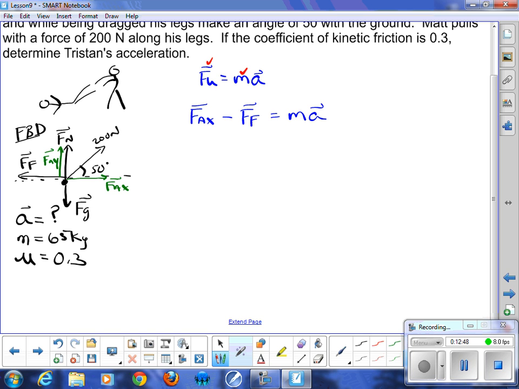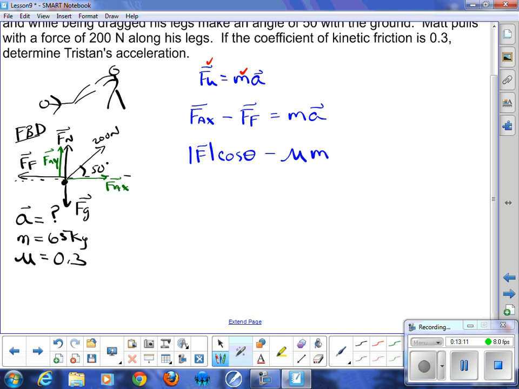FAX, from your vectors, is the magnitude of the force times cos of the angle. So there is my FAX. Force due to friction is, maybe I will take that back a step. You can leave it if you've already written it, but it's magnitude of force, cos theta, minus kinetic friction,